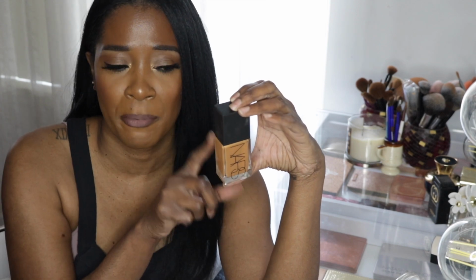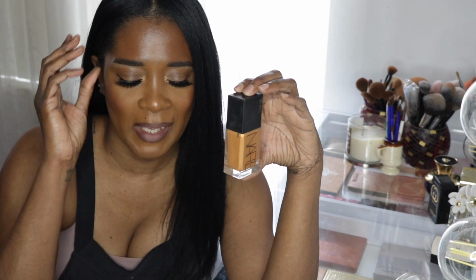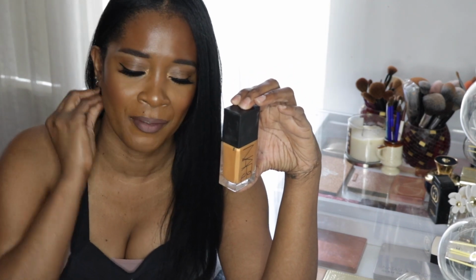A lot of people said they don't like Macao. It looks green because it has olive. When I purchased this foundation the first time, I realized Macao says olive undertones, and I hate olive. But for this one, for some reason, in my opinion, I could be wrong, I don't see the olive. I own the Sheer Glow, the Long Radiant, and the other one, and they've all been Macao. This foundation right here I wore yesterday as my last recap of the foundations, and I kept looking in the mirror and I'm like,